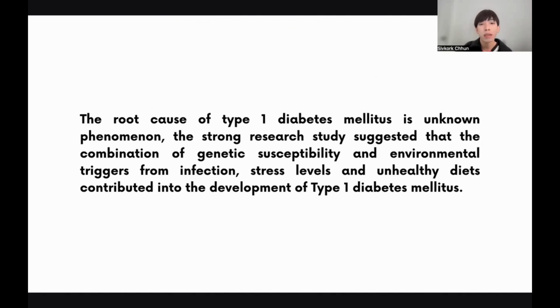So the etiology, or the root cause, of diabetes mellitus is unknown. But inherited genes are susceptible to type 1 diabetes, and in addition, environmental triggers, infections, and stress level contribute to type 1 diabetes. Pancreatic duct obstructions, if you look at the anatomy of human organs, lead to diabetes because of pancreatitis, the inflammation, and the obstructions. That's why it affects the insulin-producing cells, and I will discuss this later in the pathogenesis of type 1 diabetes mellitus.